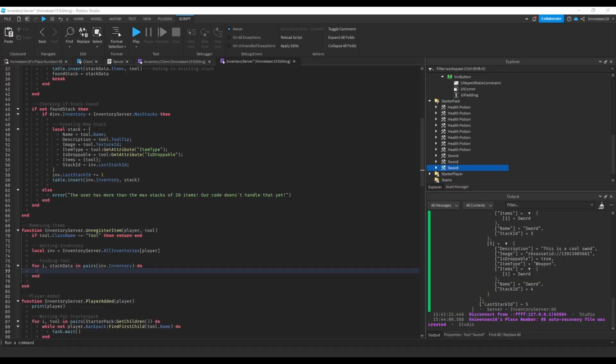Welcome back to the Inventory Remake series. In this episode, we'll finish the UnregisterItem function we started last episode, and we'll also set up the display on the client side to actually show the current items in the inventory and update it when items are added or